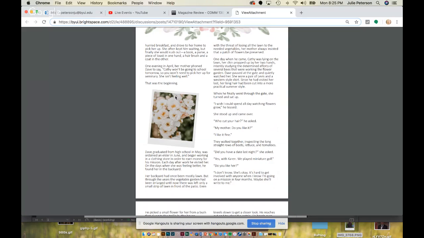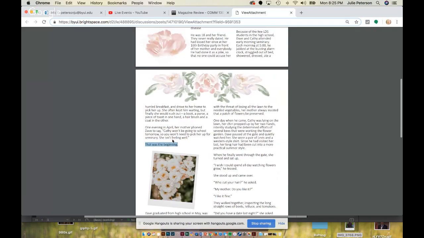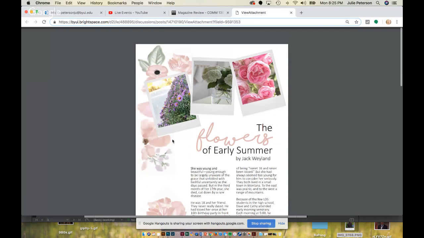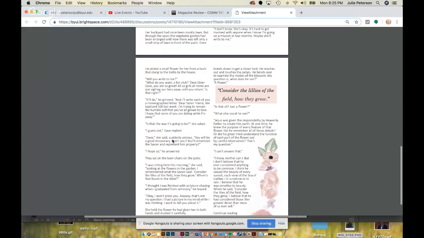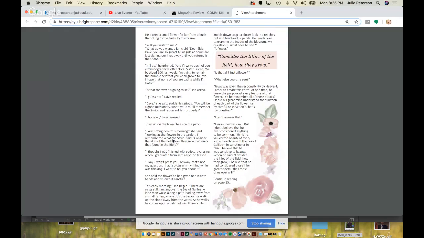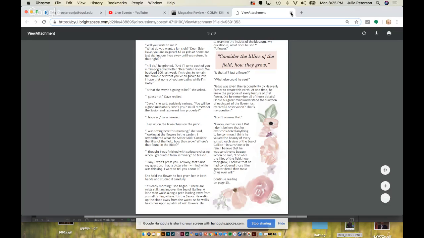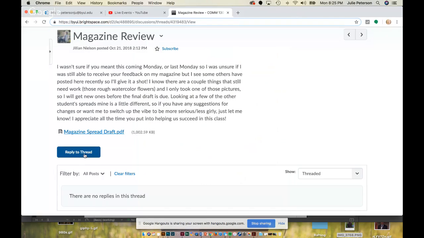And same here, I feel like this is part of this thought or this thought. Maybe I would bump this paragraph up and then have it be right after that paragraph, because this looks too lonely right there, like it needs to be grouped with text better. Hope that makes sense. But other than that, it looks really pretty. This turned out really nice. So there's just a few of those things that will clean it up. And then if you have any questions, let me know, okay? But you're off to a great start. It looks really good.